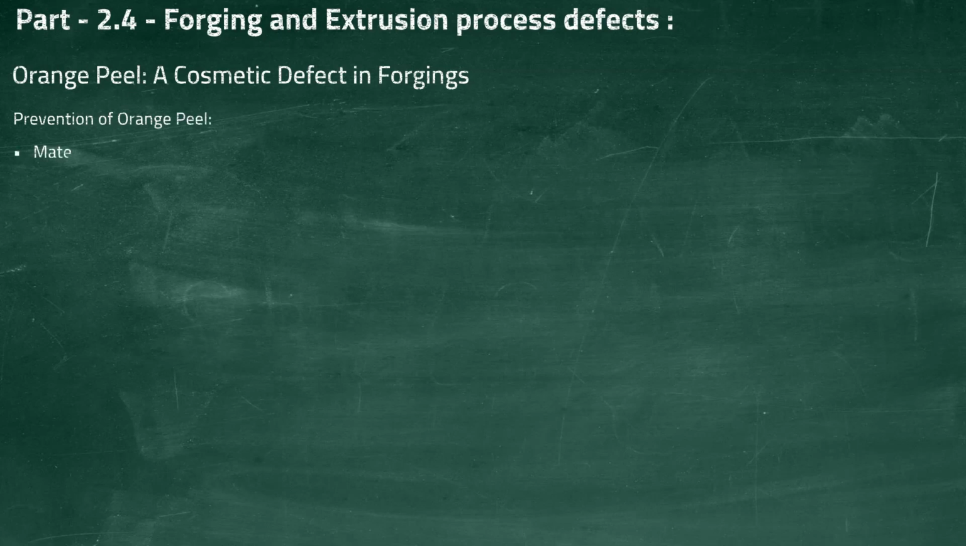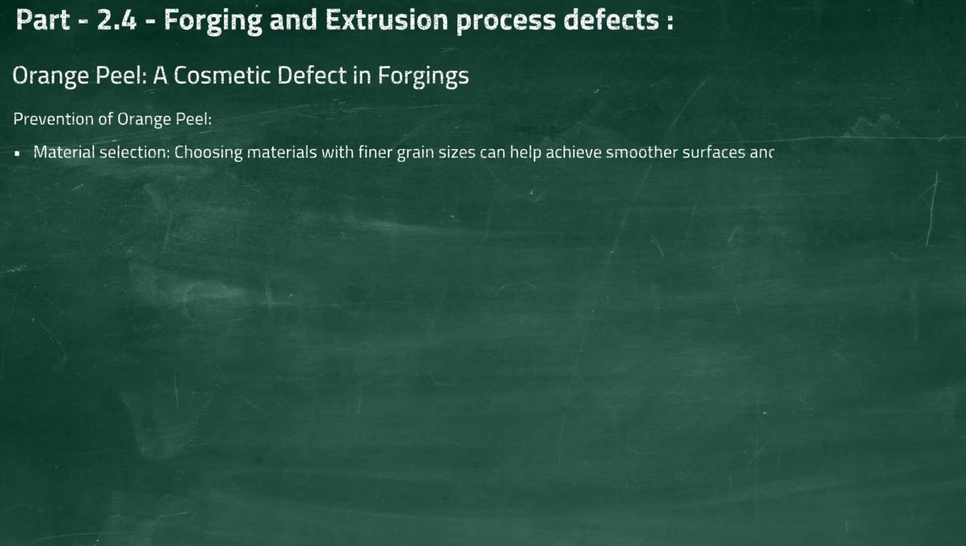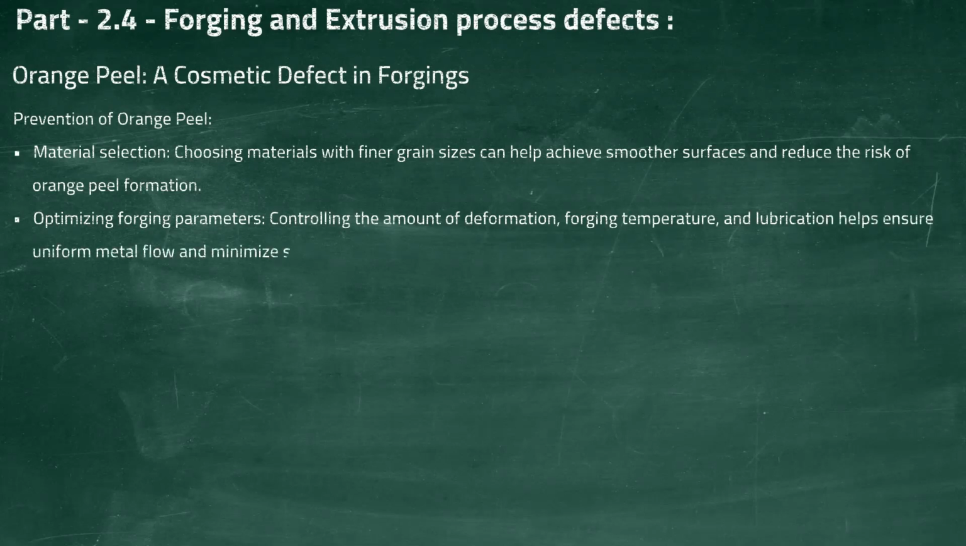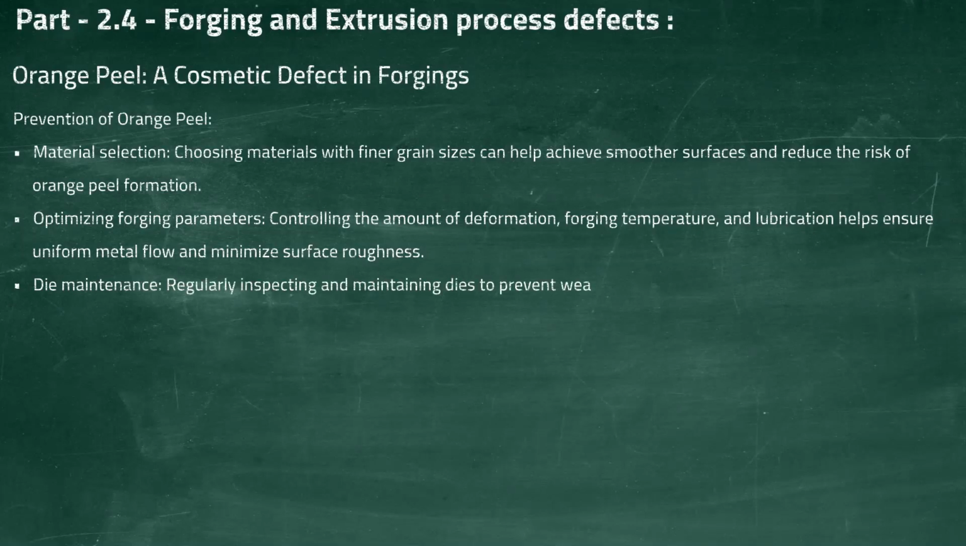Prevention of orange peel. Material selection. Choosing materials with finer grain sizes can help achieve smoother surfaces and reduce the risk of orange peel formation. Optimizing forging parameters. Controlling the amount of deformation, forging temperature, and lubrication helps ensure uniform metal flow and minimize surface roughness. Die maintenance. Regularly inspecting and maintaining dies to prevent wear and tear is crucial to avoid transferring surface imperfections